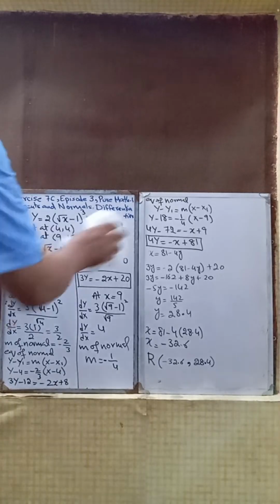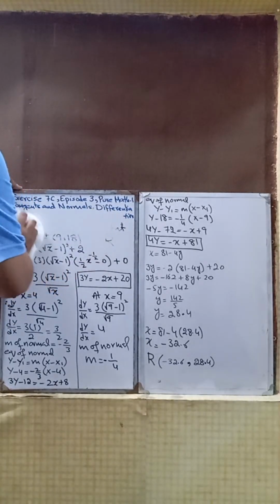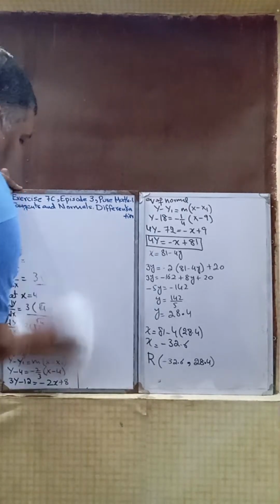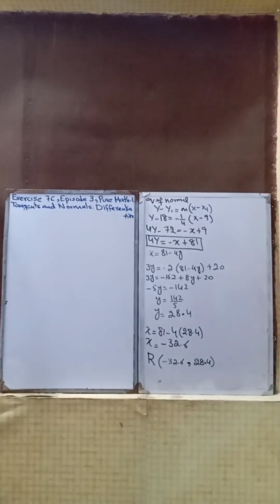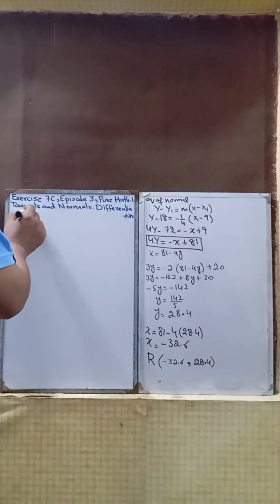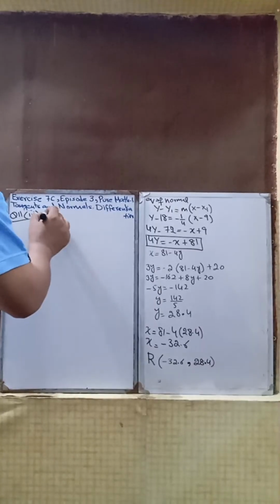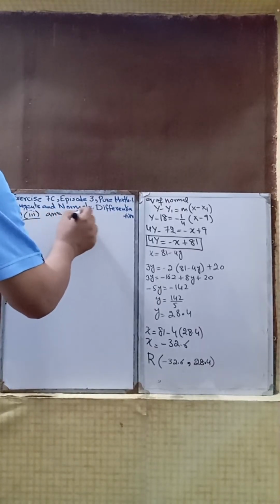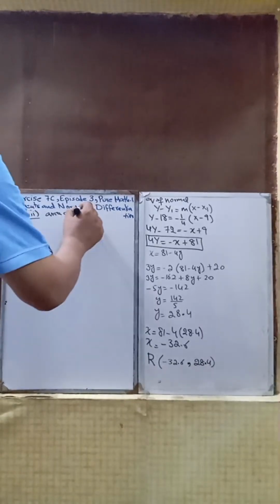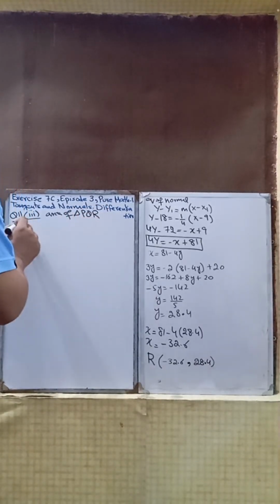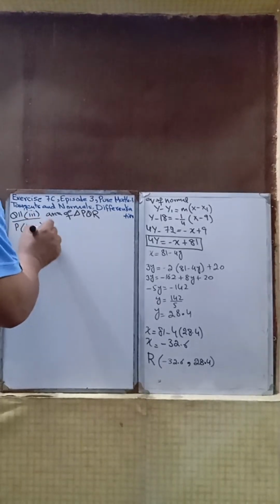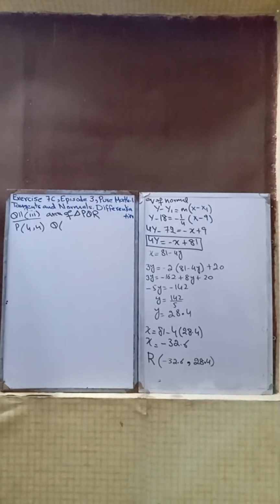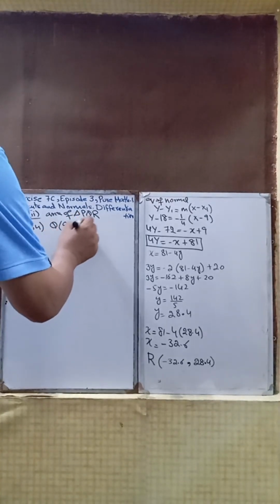So let me erase this. This is question number 11, and its third part. We have to find out the area of the triangle PQR. Okay. So the point P is (4, 4), and the point Q is (9, 18), and the point R